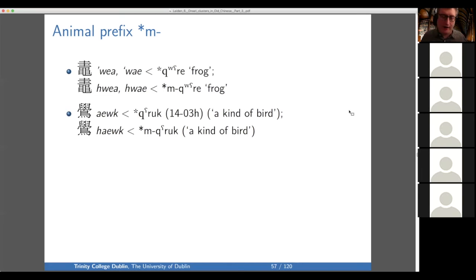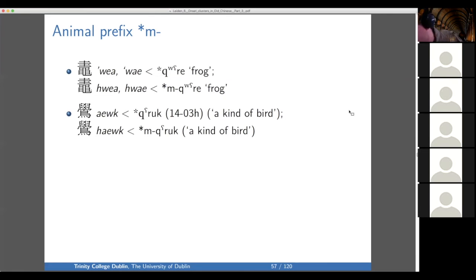And actually, I really got into a sort of tussle, privately, with Guillaume Jacques about this once, and he pointed out that there is some kind of b morpheme in a lot of Indo-European animal names. So there are analogical phenomena where you can make words seem more similar to each other because they're semantically related. They can lead to things that look like animal morphemes, but they're not derivational. You don't say, oh, this is the frog that's not an animal without the M, and this is the frog that is an animal with the M. So I feel uncomfortable in this area.